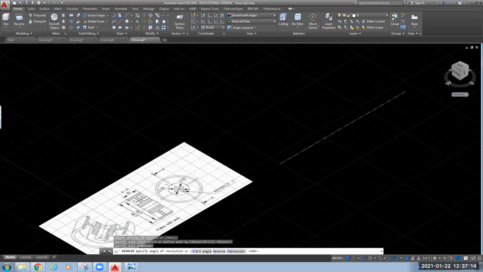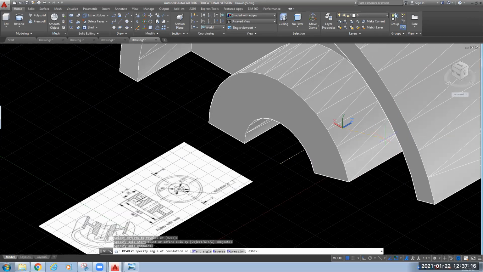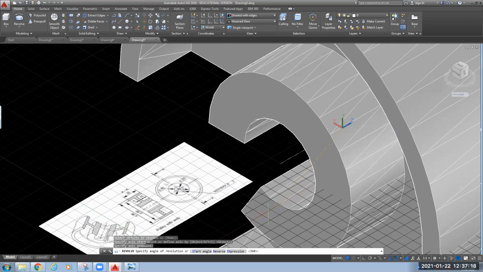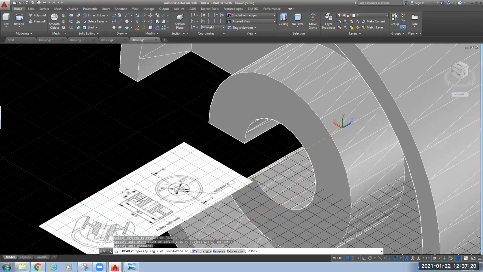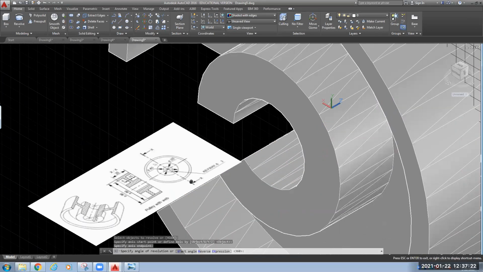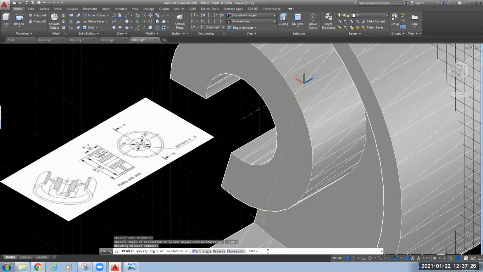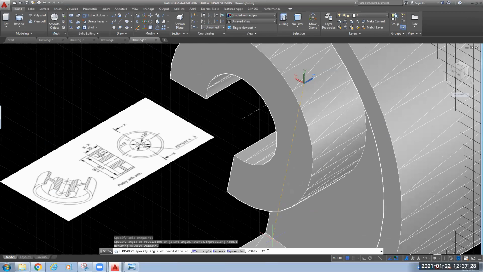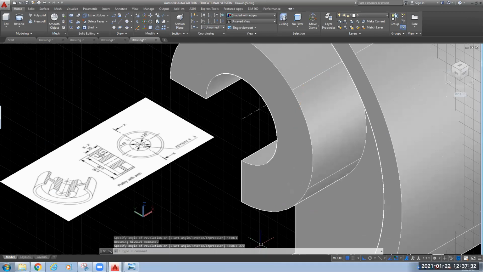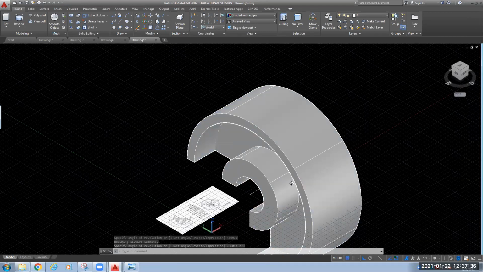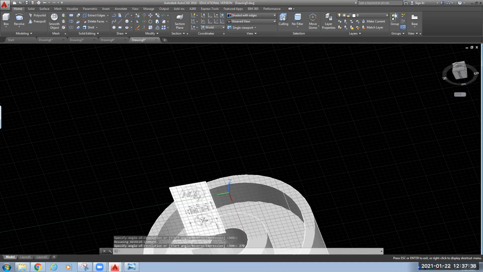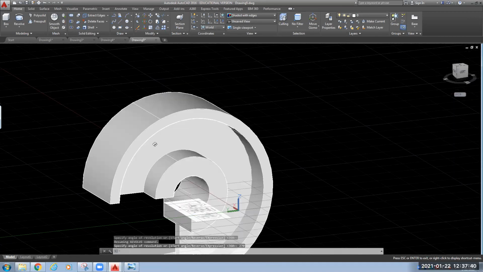Now the angle: if you see your 2D diagram, it is not completely revolved. So we will not make it 360 degrees. Instead, we will make it 270. Okay, so this is your component, similar to the one you have seen in your drawing.